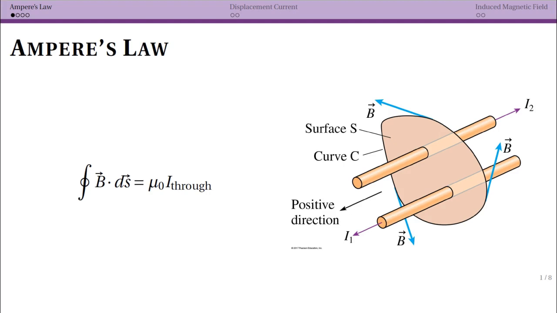Ampere's law was a topic we covered a few chapters ago. The idea of Ampere's law was that it was another way to determine the magnetic field from currents. Typically we use, for instance, Biot-Savart to understand the magnetic field from currents. Ampere's law is kind of like Gauss's law, in which you use symmetry to argue what the magnetic field is. So it only really works if you have a symmetric distribution, and it isn't something that you have to use